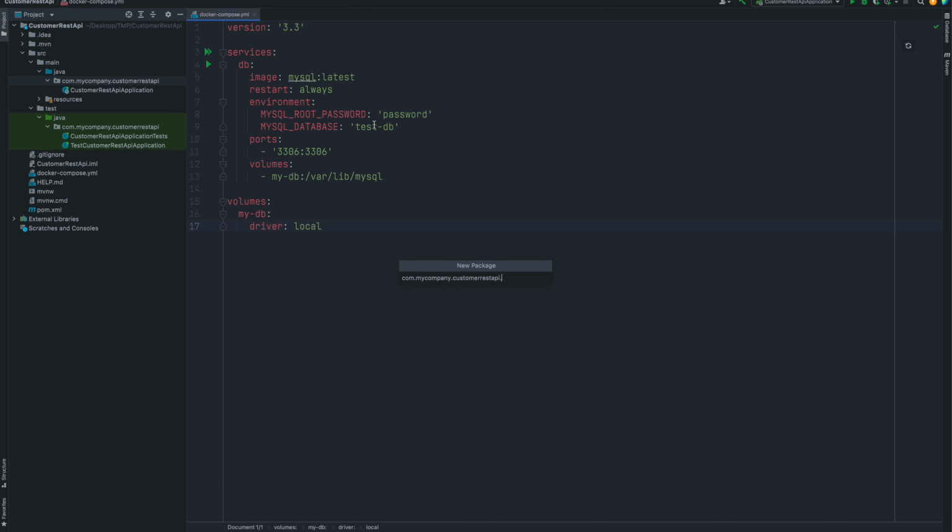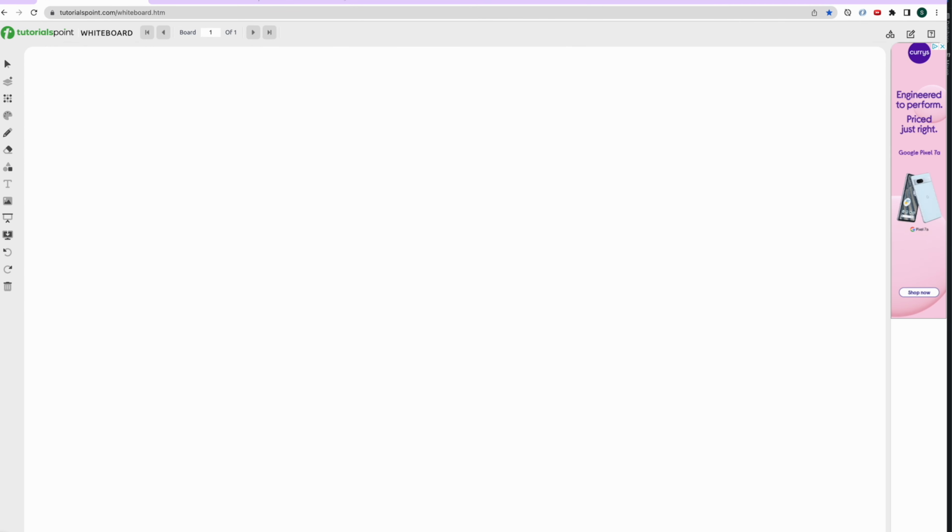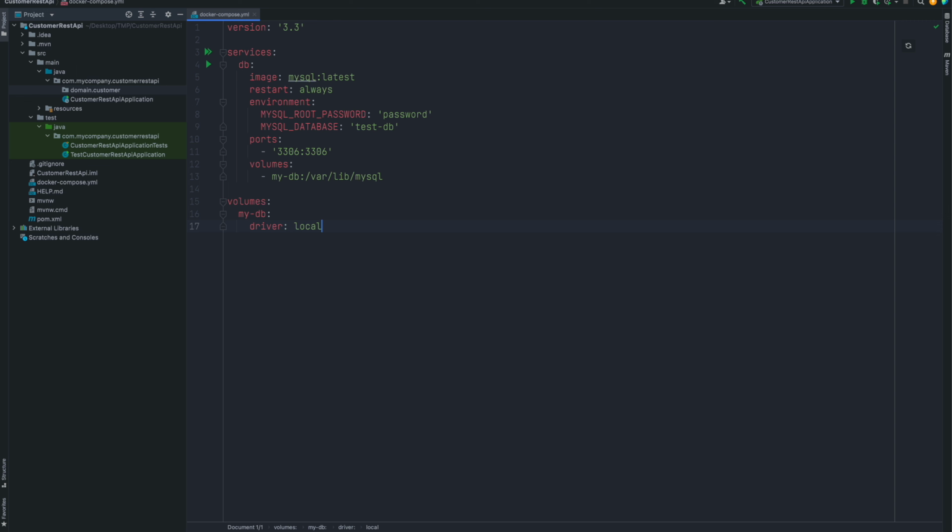So I'll create a new package, name it domain customer, and in that domain I have to create a file. Let's just jump into the whiteboard. I have prepared a whiteboard over here, and what we want to figure out is what files we need, because